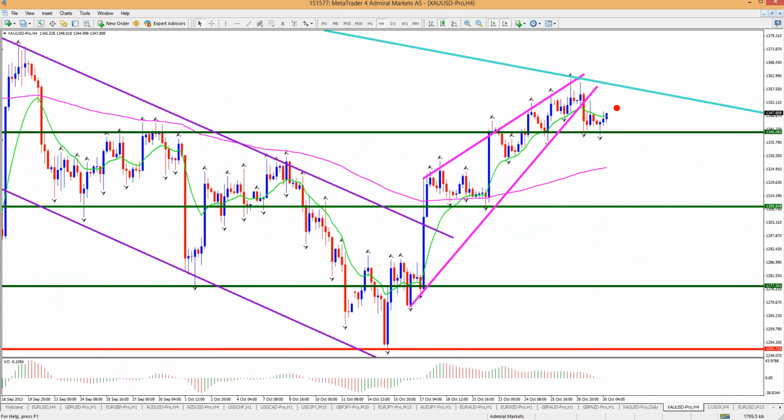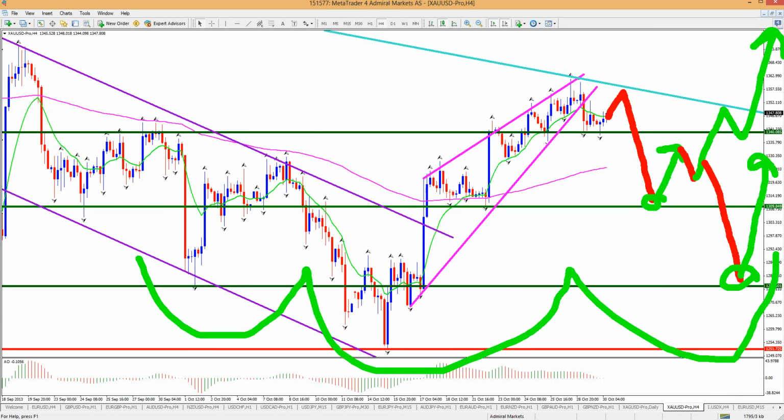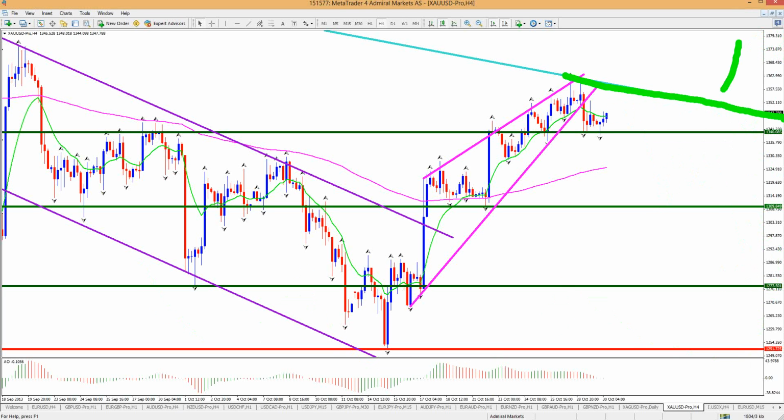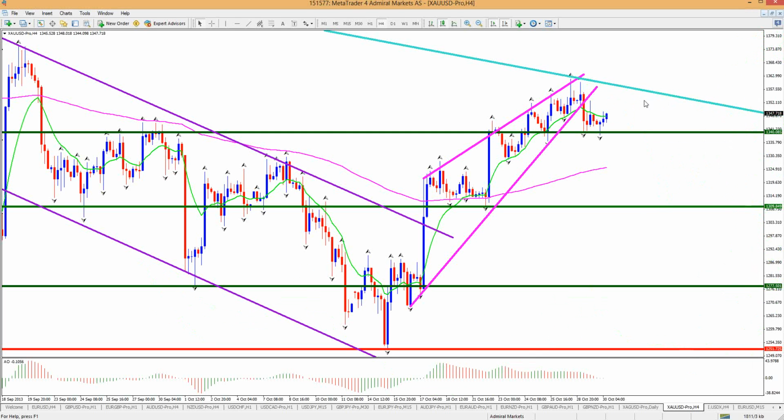So either a hook back here, right, for more downside and get a bounce and break, or do we get a bounce from lower, right? If we do bounce from lower, we have that inverse head and shoulders potential. But the best trade is above this blue line, or maybe from the head and shoulders position.